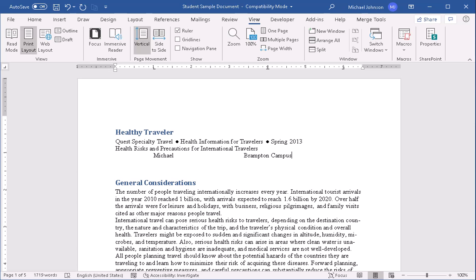So Brampton campus, and you notice that it actually has centered itself right in the middle. I'm going to press tab again, and now it's at 6 inches, so I'll type in a fictitious telephone number, and you notice it hasn't jumped to the next line. It's still on the same line. So this is actually a brilliant feature when we want to set up a section that will follow a very